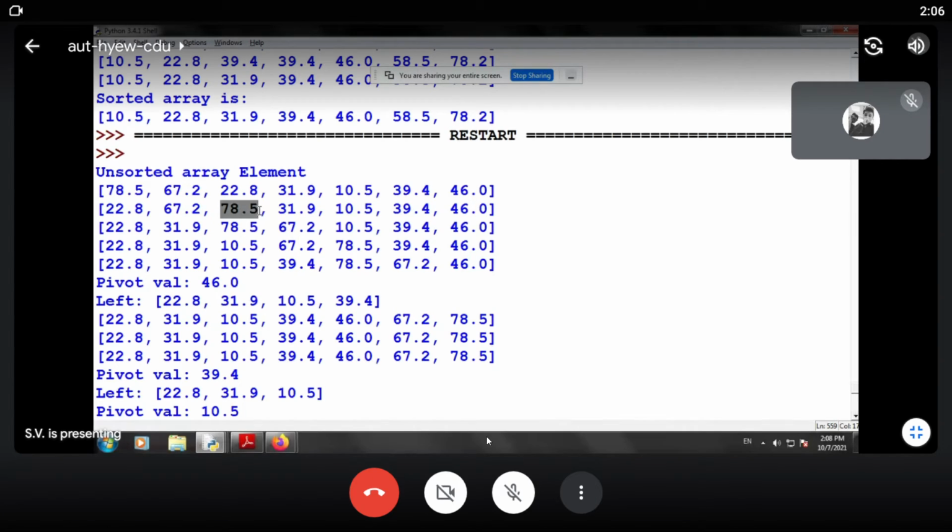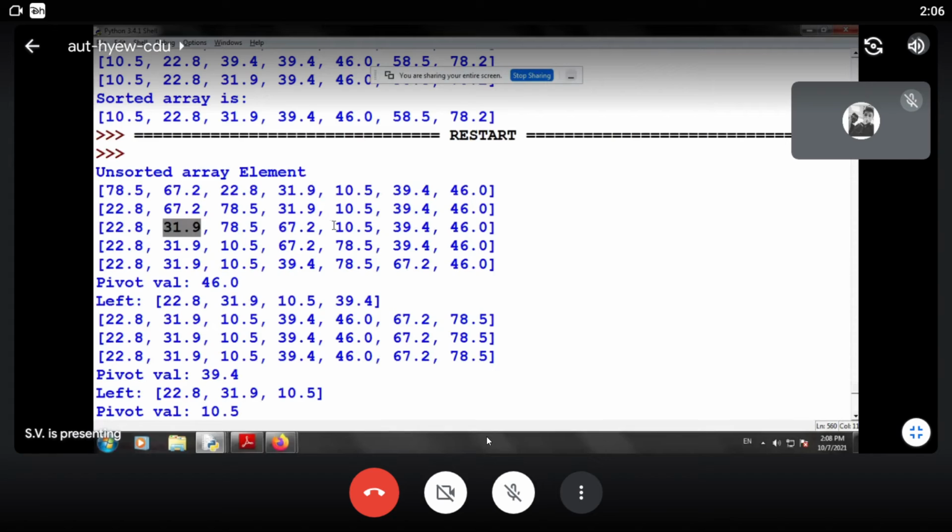Then 31.9, yes, it is compared with the pivot value 46 and it is less than it. So naturally it will swap the contents with 67 and it will take its position over here, that is at index 1.